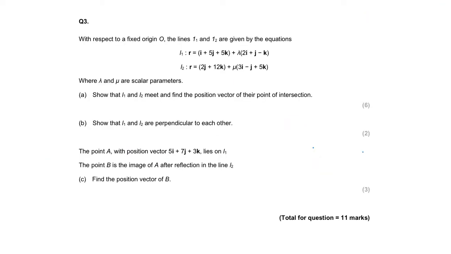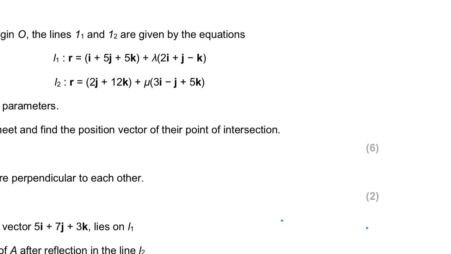Question 3. With respect to a fixed origin, the lines L1 and L2 are given by the equations. Show that L1 and L2 meet and find the position vector of their intersection. So to show that they meet, we know that they intersect, so they equal each other. So for the first one,